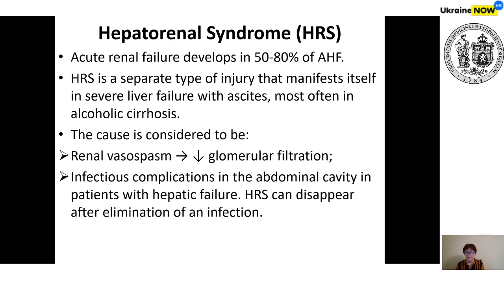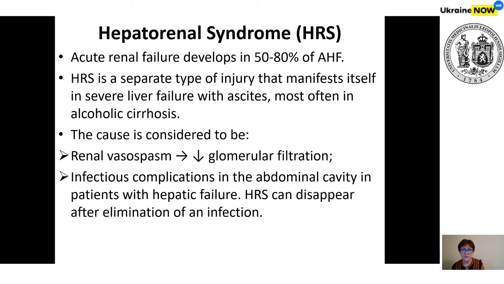Hepatorenal syndrome. It may be some connecting point of two parts of this lecture. Acute renal failure develops in 50-80% of acute hepatic failure. Hepatorenal syndrome is a separate type of injury that manifests itself in severe liver failure with ascites, most often in alcoholic cirrhosis. The cause is considered to be renal vasospasm leading to